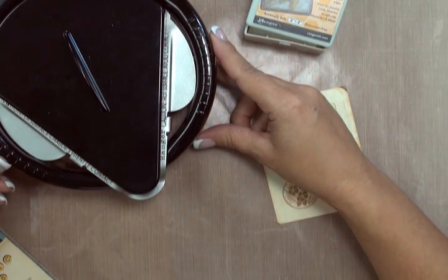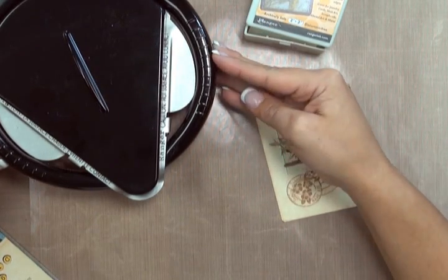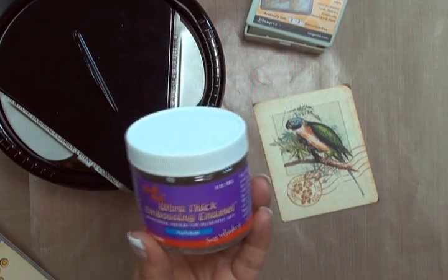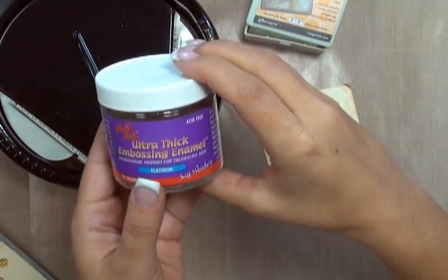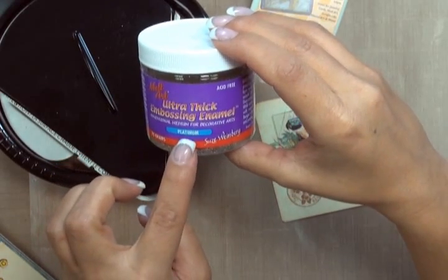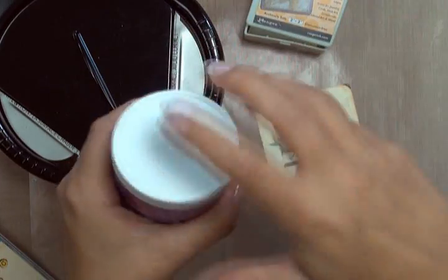So when you're working with ultra thick embossing powder, you're going to need something that's going to melt it. So here I have the Ranger melting pot, and I am using the Platinum ultra thick embossing powder. It's in new packaging now, it's been repackaged, but the product name is the same. It's called the Platinum. And as you can see, it's a powder